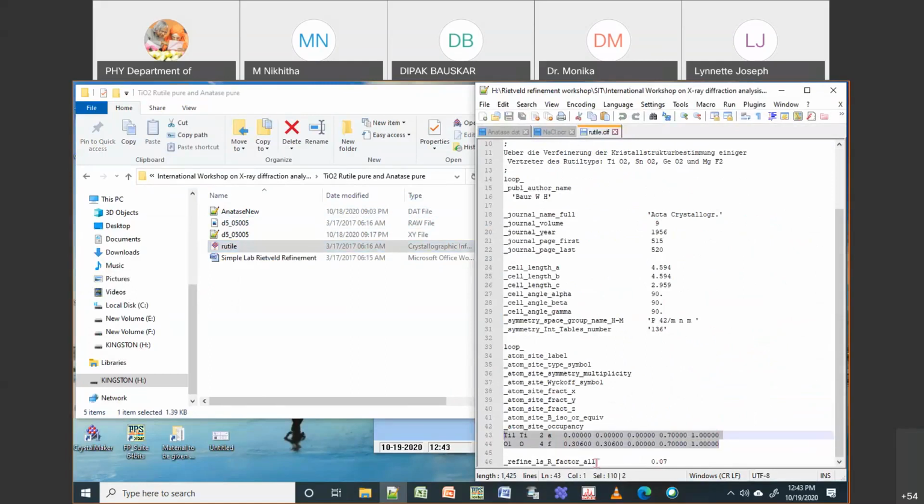So you can start with this model, and first you try to do this profile fit with P42/mnm.